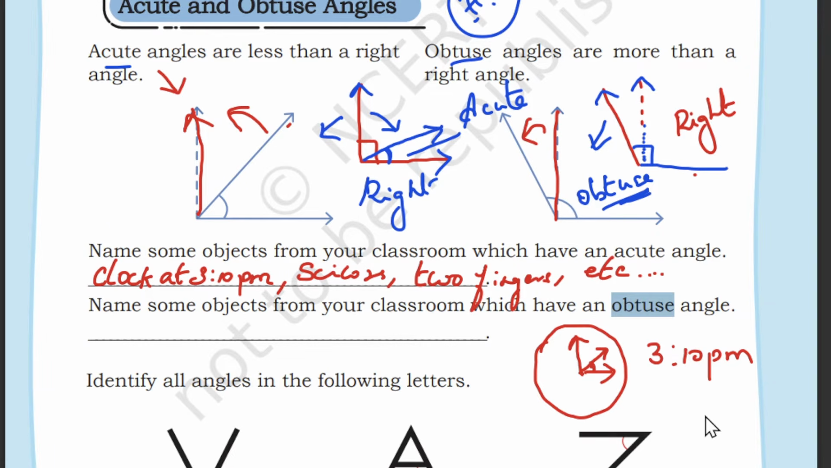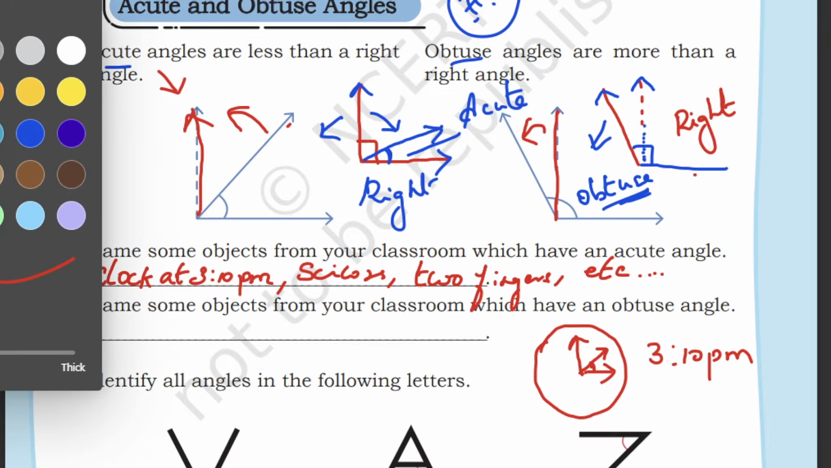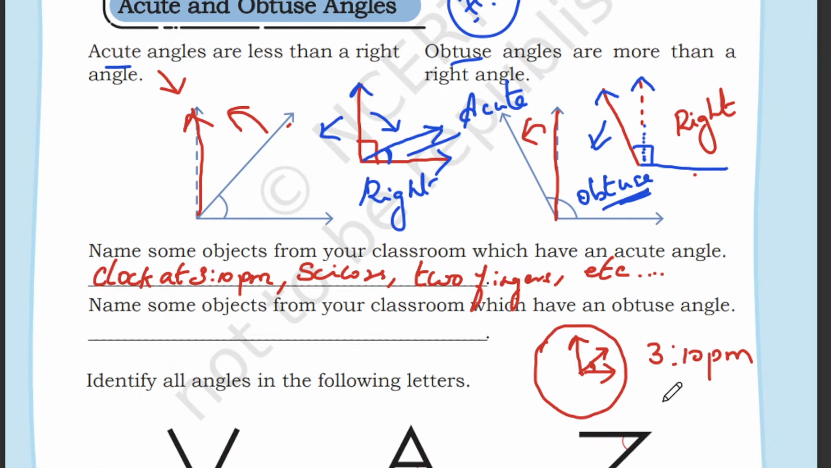Okay, I'm going to draw an open box here. For example, your pencil box or your geometry box. If your box is open, you can see an angle there. So this box, maybe your box is open. So here you can see an acute angle. This is an acute angle,